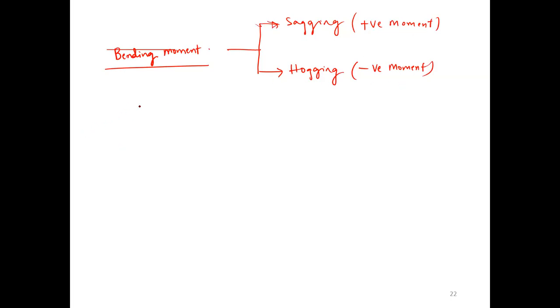If it is a beam, I am applying force on a beam like this. What happens? How does it bend? If the beam bends like this, which kind of moment is responsible? Like this, you are applying the moment. If the beam bends like this,